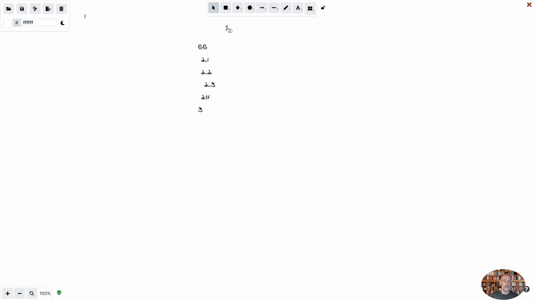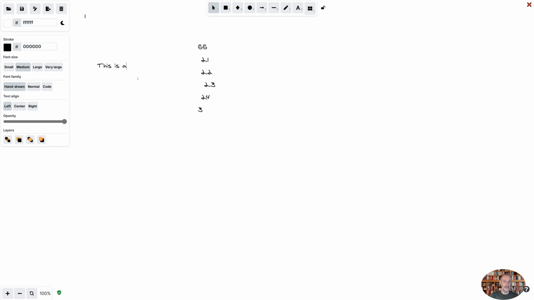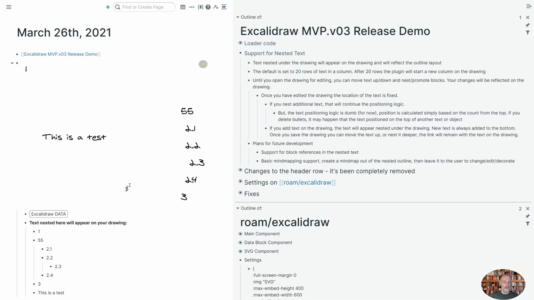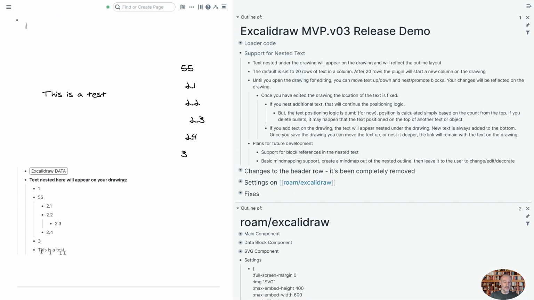Also, if I come in here and I add text, let's say this is a test, then if I close the drawing, this text appears at the bottom of the list. I can freely move this up, so if this should actually be nested under number 1, that's okay. This will stay linked, and if I add whatever change, you can see I added the dash, and the dash